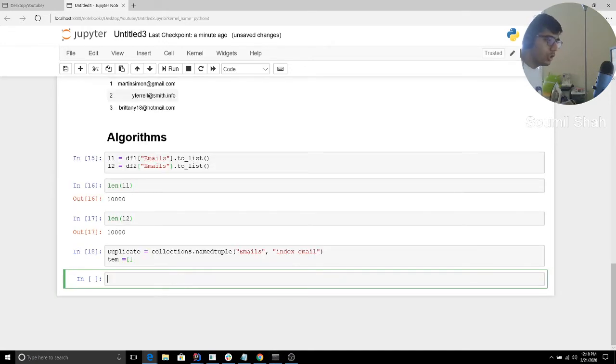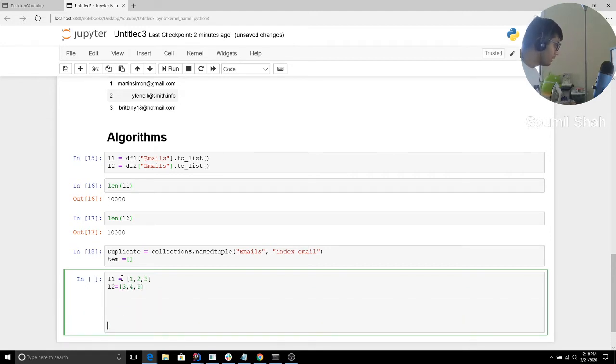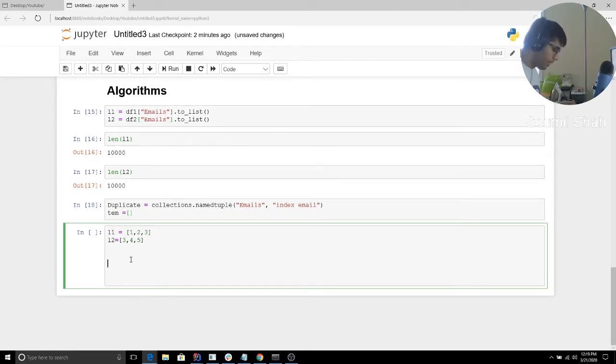Okay, so this is my algorithm. So let me actually show you. I'm gonna define, for now, just to explain, L1 is equal to 1, 2, 3 and L2 is equal to 3, 4, 5. Okay, so let's say you have 2 lists, right? What I would do is basically